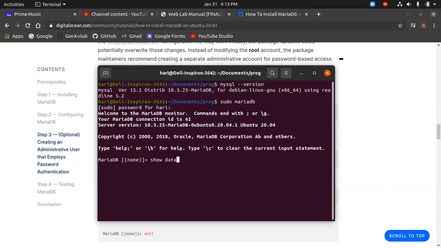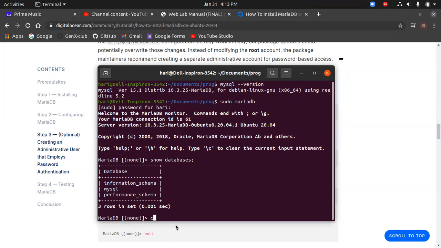So show databases is a command that we use to show all the databases that are there in our MySQL. You see, these are the three primitive databases that will be already created when you install MySQL. So to create a database, we use the command create database.